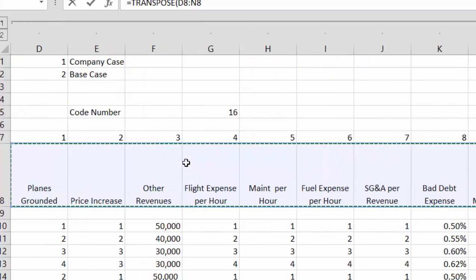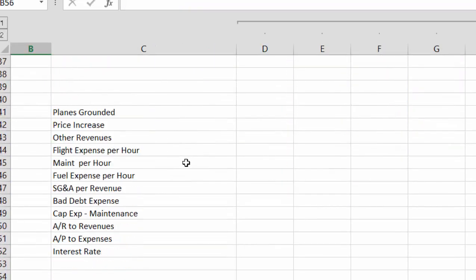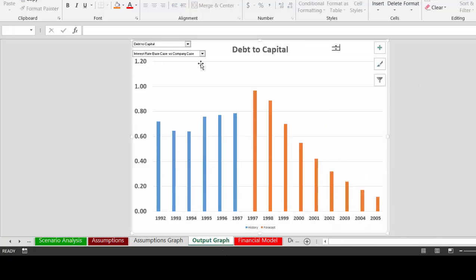Shift control enter. Now, just before I go to this, you remember here's the debt to capital